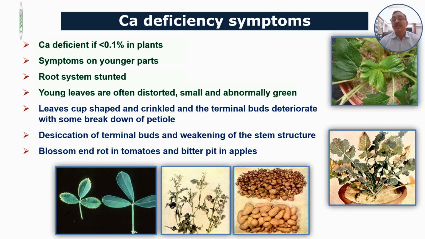So we can see through these slides, many leaves are cup shaped or they are wrinkled. So this is all the deficiency of calcium. And we can see this potato plant here, this is not a normal plant. The internodal distance, the number of leaves, they are all twisted or deformed. And we can see this potato, the upper side, these are deformed potatoes. One will not buy such a potato from the market, but the other one, where there is good supply, the potatoes are able to maintain their shapes. So the deformity is the major